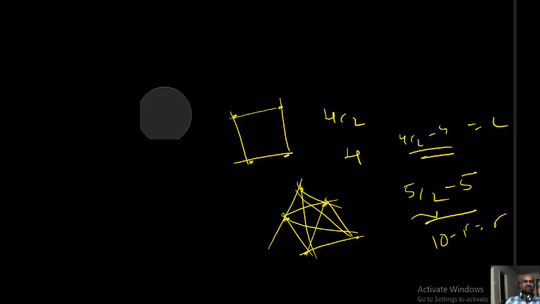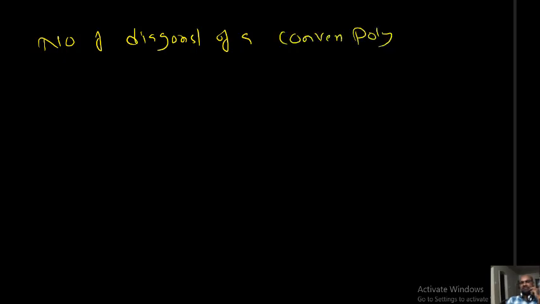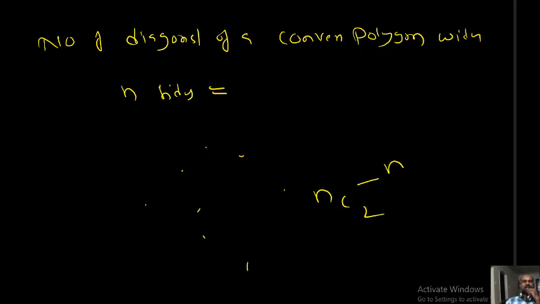Okay. Now I want to generalize this concept. Number of diagonals of a convex polygon with n sides. Directly I want to write. There are n points, no 3 are collinear. nC2 straight lines you can draw. From nC2 straight lines, the sides of the polygon are n. nC2 minus n, all are diagonals. nC2 minus n. That's all.